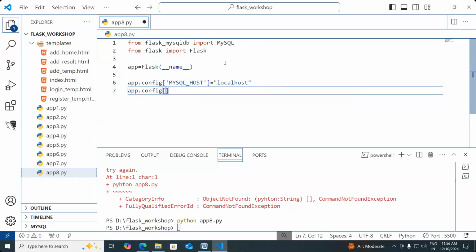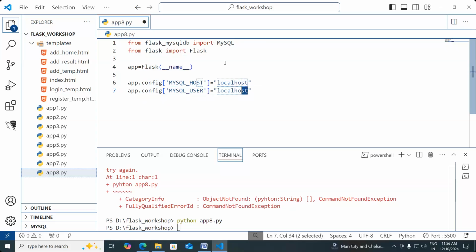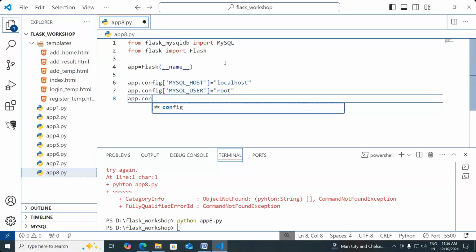Application.config. Then the next one is the username. This is nothing but the user. My database username is root, and in application.config